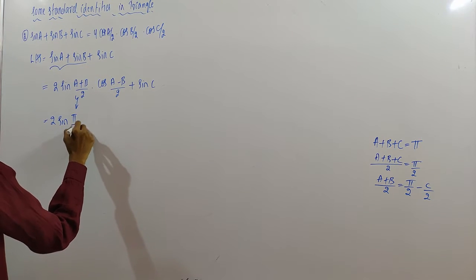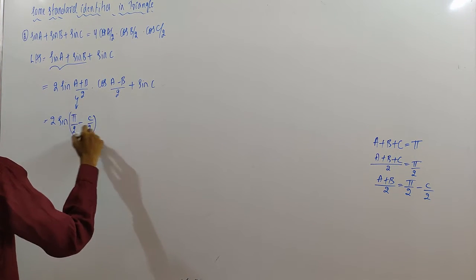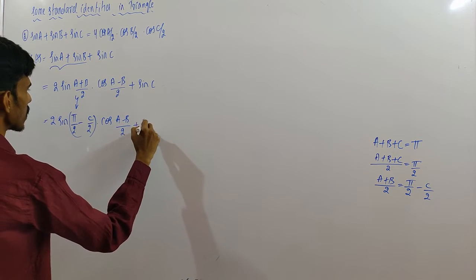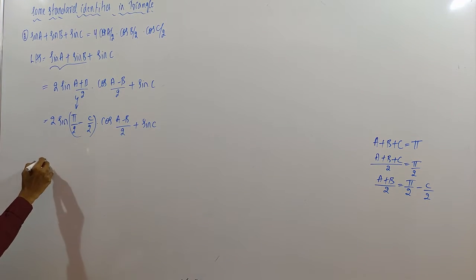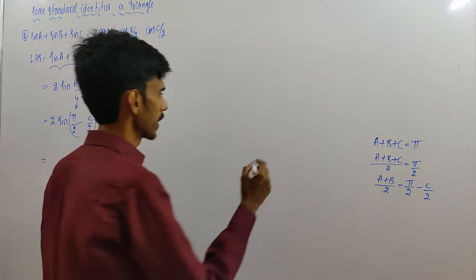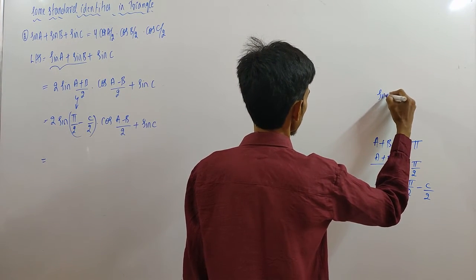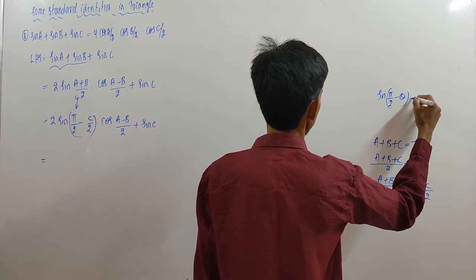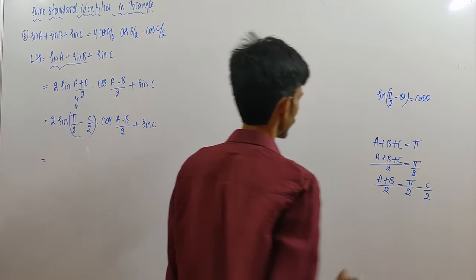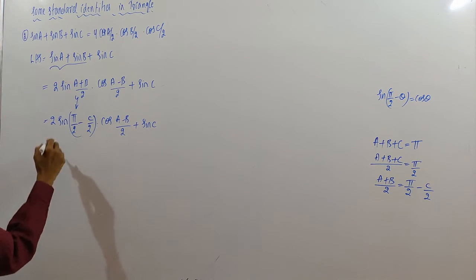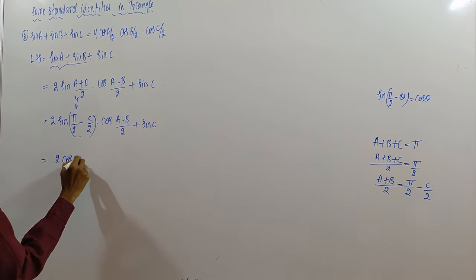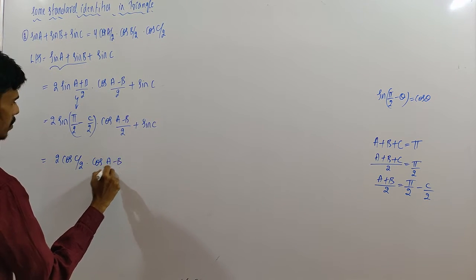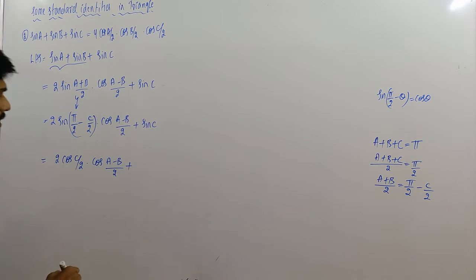So this will become 2 sin (pi by 2 minus C by 2) into cos ((A minus B) by 2) plus sin C. Sin (90 minus theta), sin (pi by 2 minus theta) value is cos theta. So this will become 2 cos (C by 2) into cos ((A minus B) by 2) as it is, plus